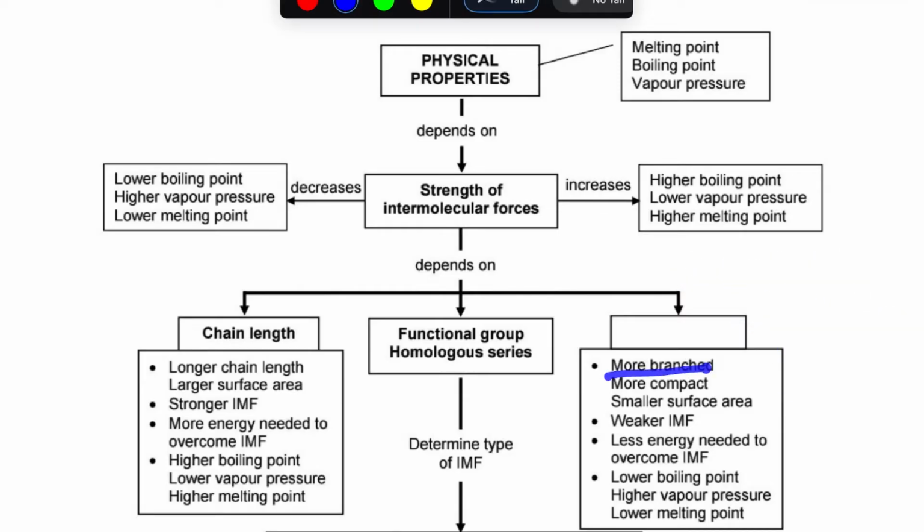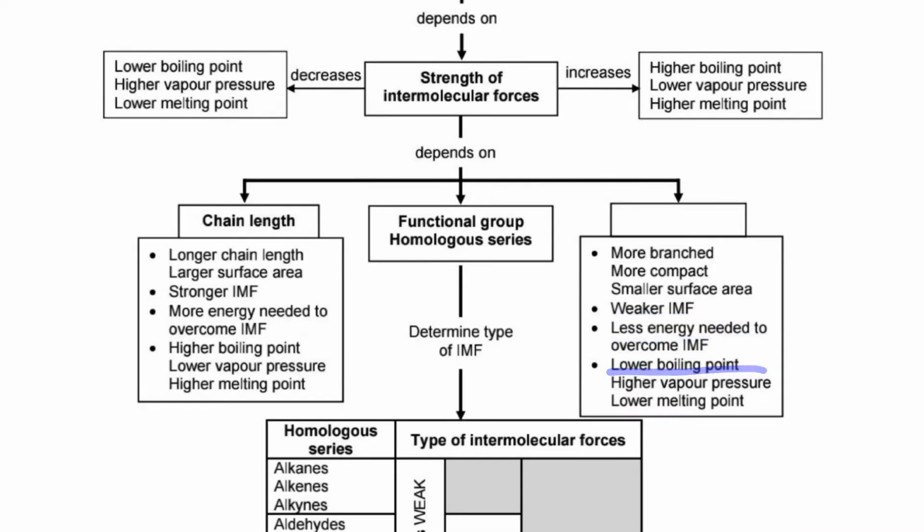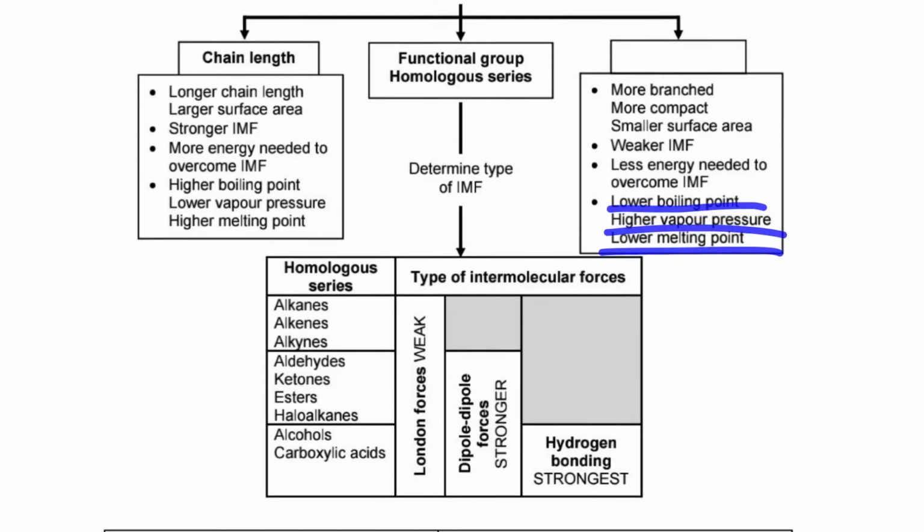The more the substance is branching, the smaller the surface area. The smaller the surface area, the weaker the intermolecular force. That means less energy needed to overcome the intermolecular force on that substance. And that means lower boiling point, lower melting point, and the vapor pressure is higher. So the intermolecular force decreases on this side and increases on this side. More branching, smaller surface area, weaker intermolecular force, less energy needed, lower boiling point, lower melting point, higher vapor pressure,